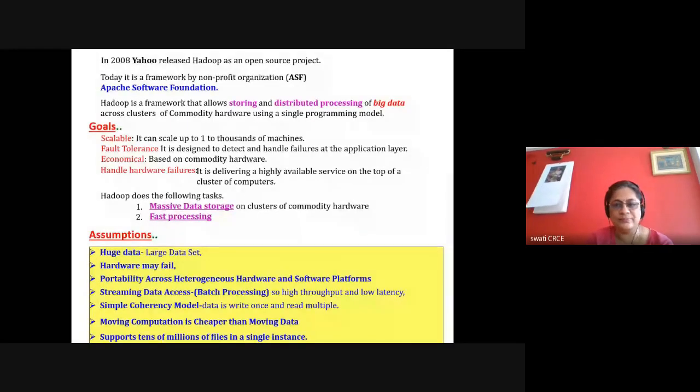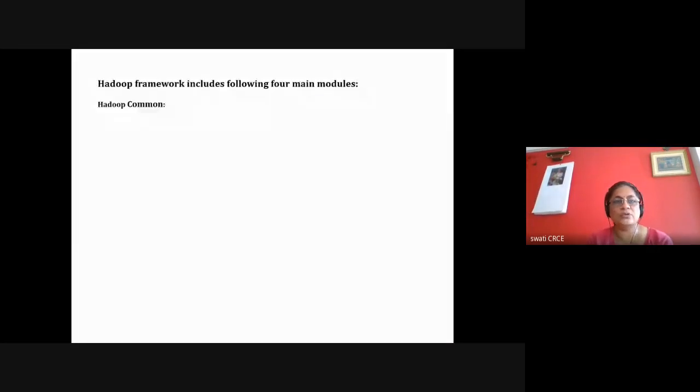Okay, so we'll go ahead with the components of Hadoop. There are four main components. Hadoop Common libraries is the first component. Whenever we start the Windows operating system, initially the startup operation happens, and some of the DLL files, that is dynamic linking library files of Windows, are executed when your system is getting booted.